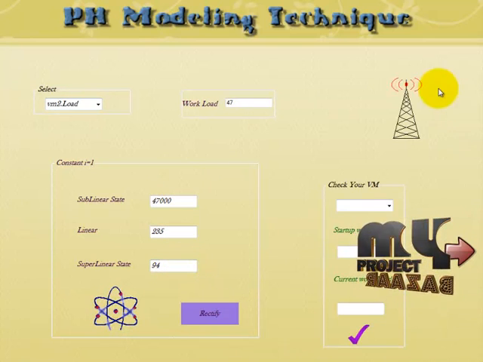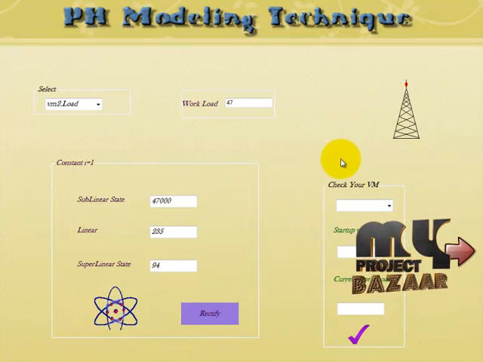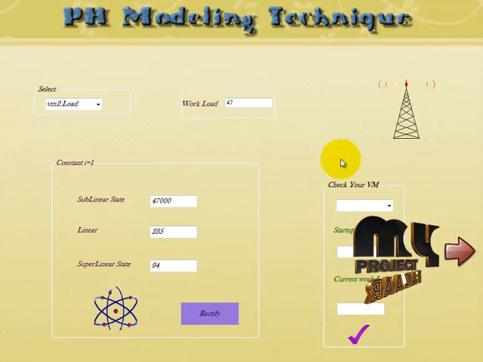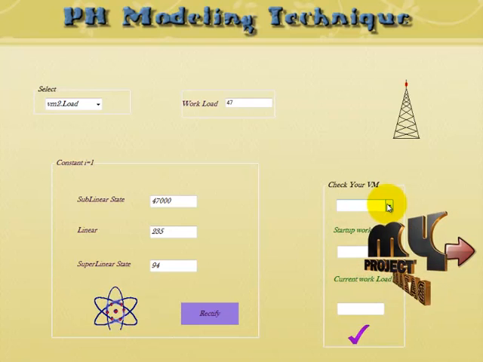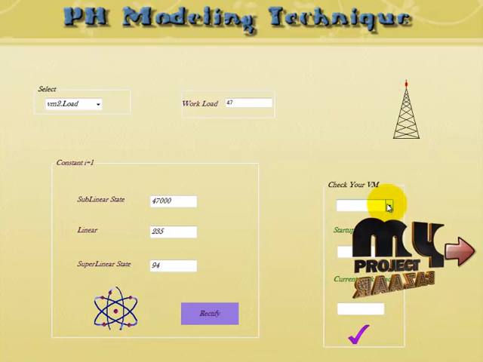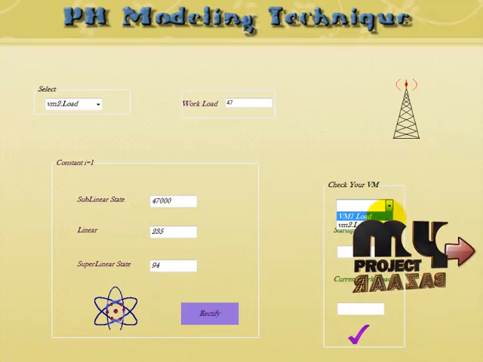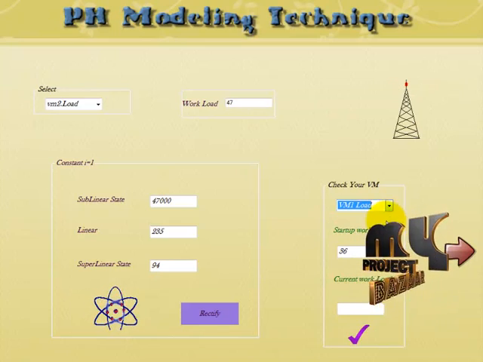And when I click on this rectify button, now all the process, that is the VM software reloaded and every process has been completed. Now I am going to the next stage of my level, I am going to check my software stage, that is the main goal of our proposed work: periodically the software has to be rectified and reloaded. I am finding the rectified load software will be VM1 and VM2. So I have to